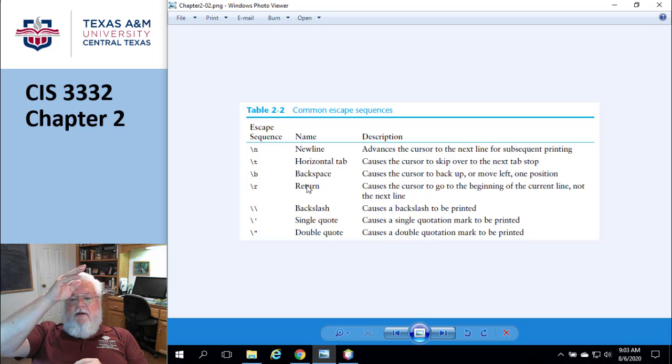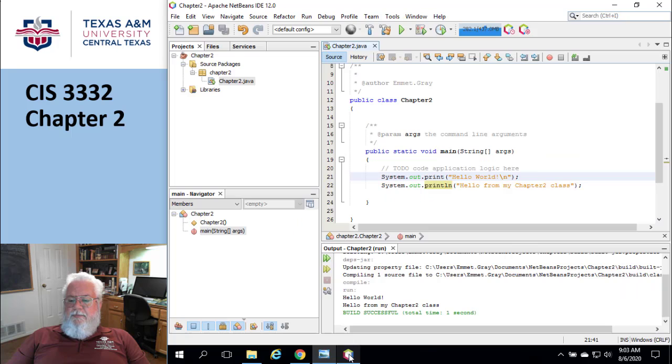Now, since all these escape sequences start with a backslash, what if you really wanted a backslash? Well, you'd have to escape the escape, which is this thing. If I want the backslash to appear, I have to put two of them. So what if I wanted a single quote or a double quote? See, this is the part